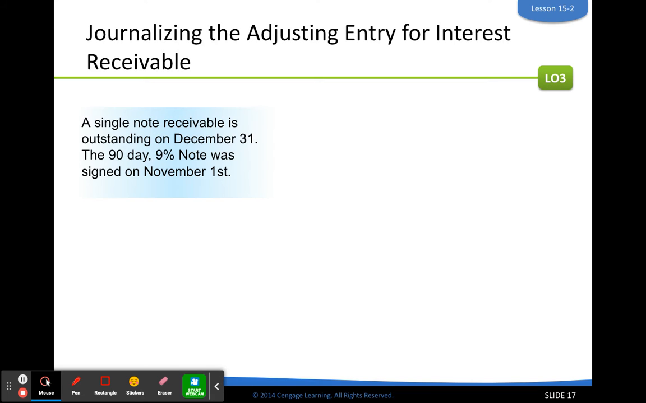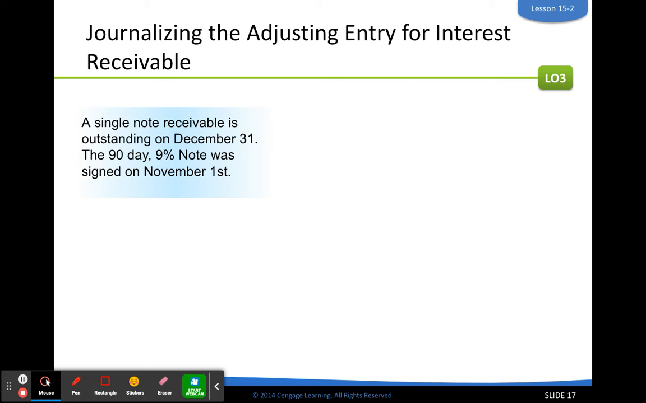So when we give a company, in this instance, 90 more days to pay, we're charging them 9%. So we're giving them 90 more days, and they signed this note on November 1st. So they're November 1st, 90 days from then, December 31st, it is not due yet. So they don't owe us the money because it's not been 90 days. However, we're charging them interest daily. So in order to bring our accounting up to speed, to accurately reflect the amount of money that we've technically